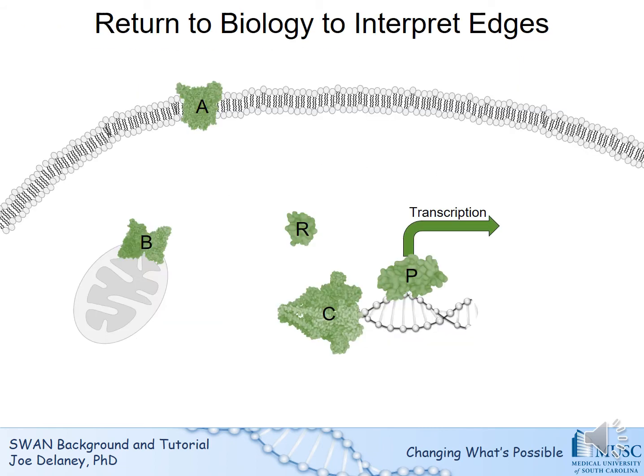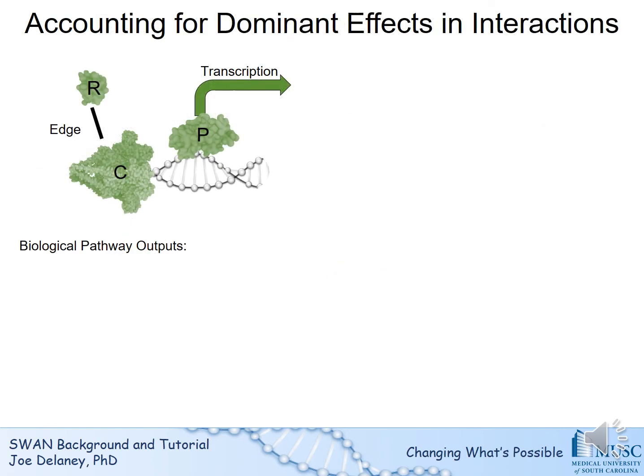All right, well, let's return to biology and think about why we arrived at the answer we did for SWAN. So basically, we want to look at one edge at a time. So for this whole pathway, what does it look like if we're just looking at R and C? Well, let's think about dominant effects here. If the interaction of R and C are important for forward pathway flux, such as the activation of transcription, you can envision how this particular part of the pathway will work